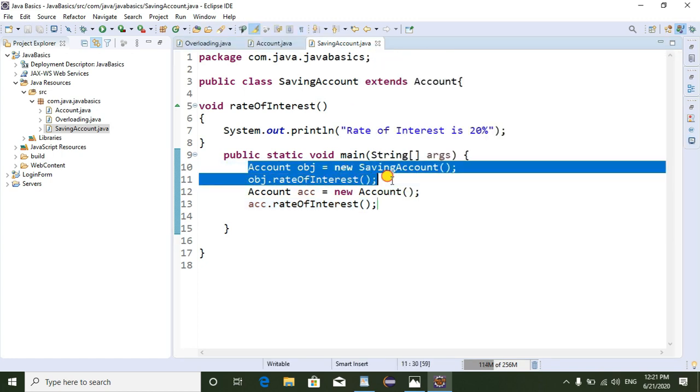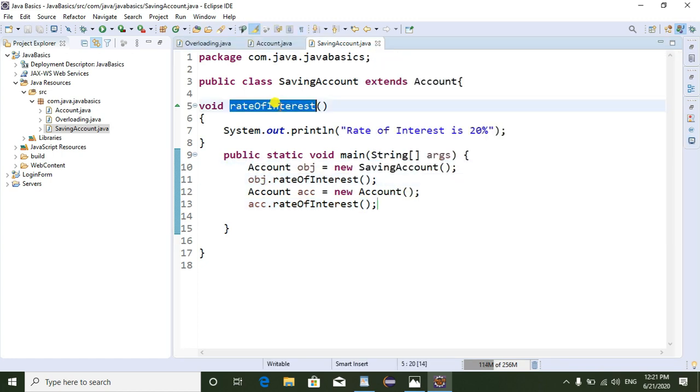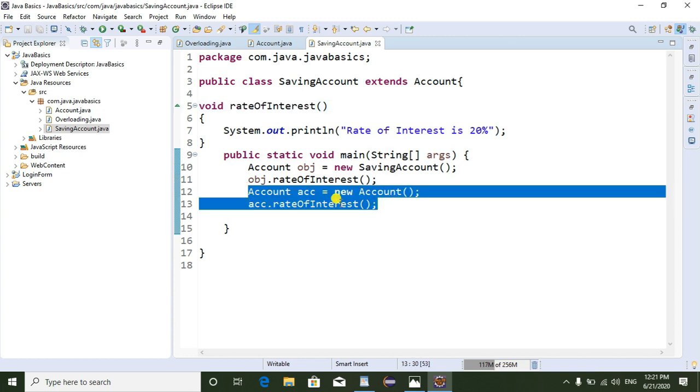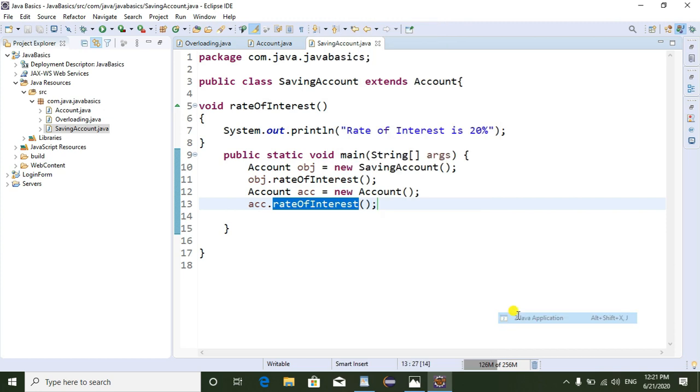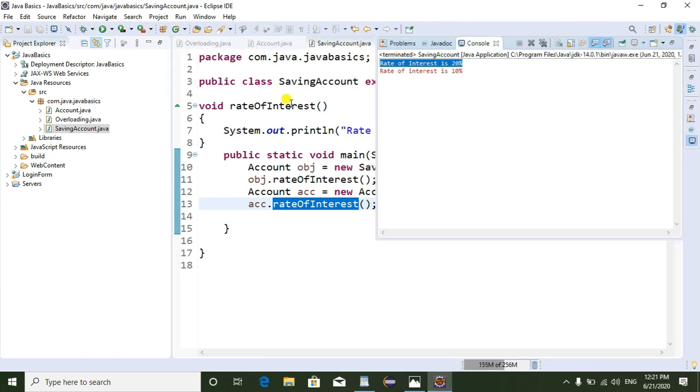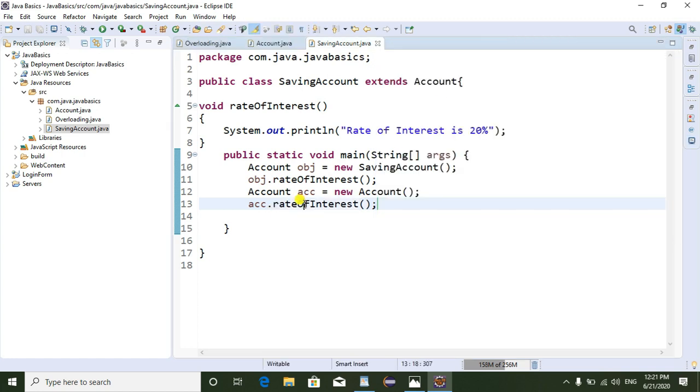That means it is calling the child class rate of interest method, then it is calling the parent class method. Now we can see rate of interest is 20. This is the child class rate of interest method being called. Rate of interest is 10. So here we are calling the parent class rate of interest method.